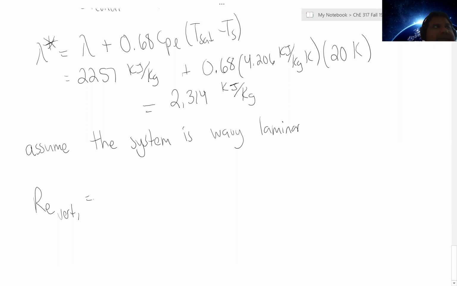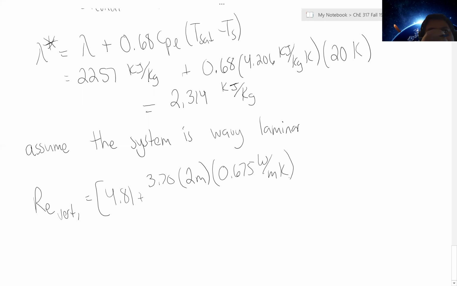for that wavy laminar by the expression that I had previously, which was 4.81 plus 3.70 times the length or height of the plate, which is 2 meters high in this problem, times the thermal conductivity of our liquid, which I stated was approximately 0.675 watts per meter Kelvin, times Tsat minus Ts, which is 20 Kelvin, divided by the viscosity of our liquid, which we had as 0.315 times 10 to the minus 3 kilograms per meter second,